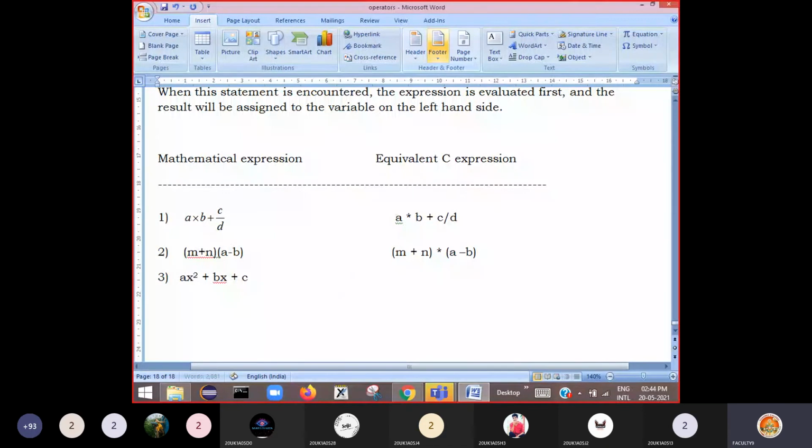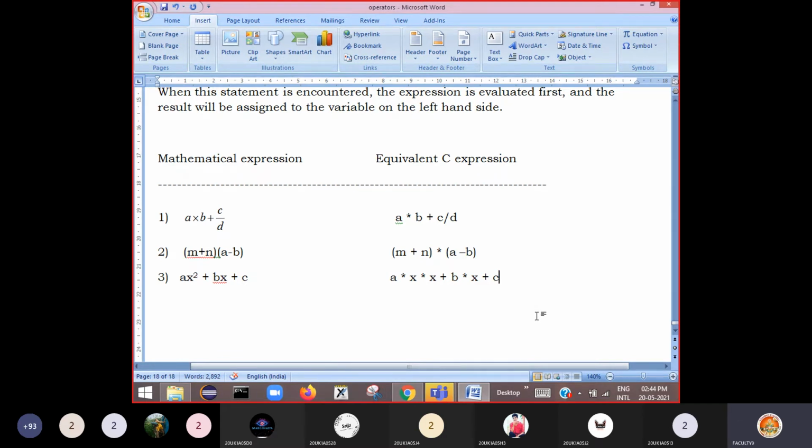What you can do is show it by using multiplication of x 2 times. So you have to explicitly show the multiplication every time, A star x star x. Then plus B star x. Then plus C. This is how ax square plus bx plus c can be written in programming.